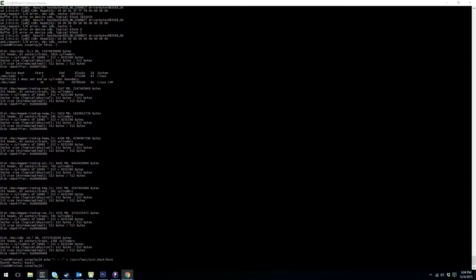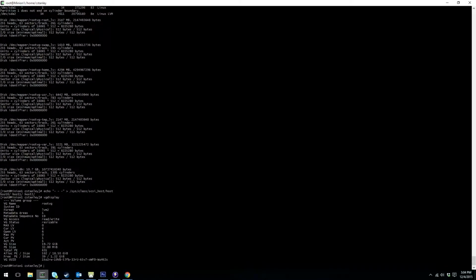All right. So now that the disk is showing up, let's go ahead and do a vgdisplay. We can see that the volume group size is 19 gig, which makes sense since the first disk, the boot disk, is 20 gig in size. So now we need to extend this volume group with the 10 gigabyte disk that we added. We'll run vgextend, followed by the volume group, so we'll go ahead and add it to the root volume group,